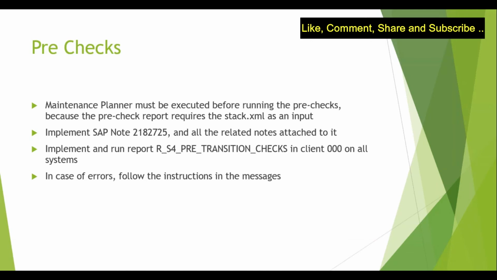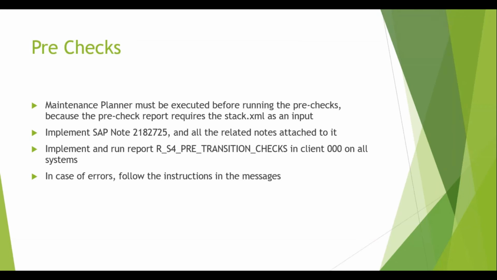Okay, so if it is throwing errors, what kind of errors will it be? You have not performed the maintenance planner, you have not performed the custom code analyzer, you have not converted your customers or vendors into business partners. From the finance point of view, maybe there is a reconciliation issue between FI and CO. So all these checks are performed during this pre-check report.